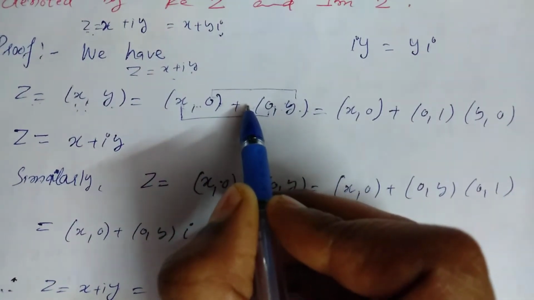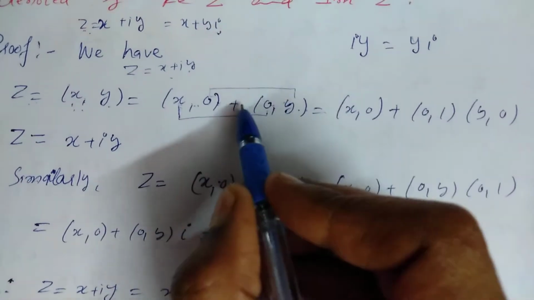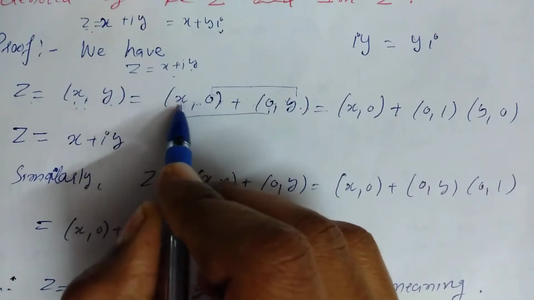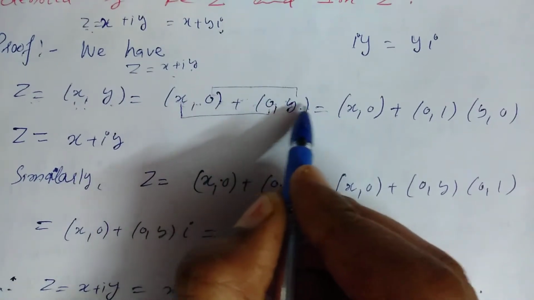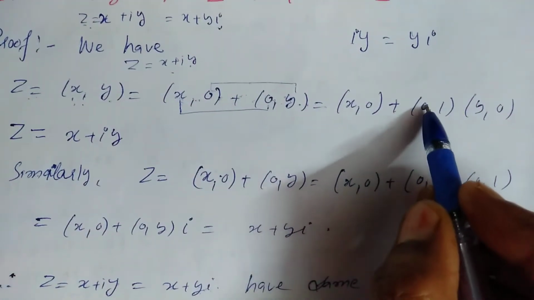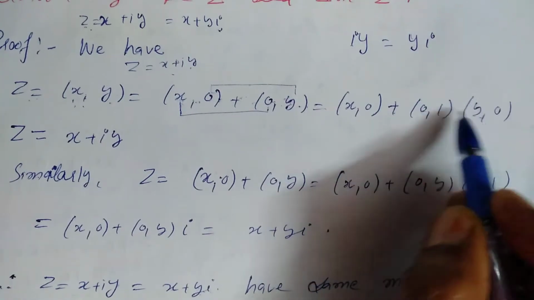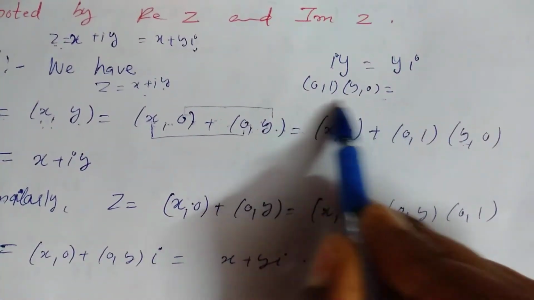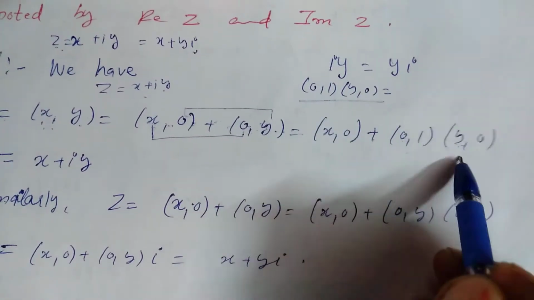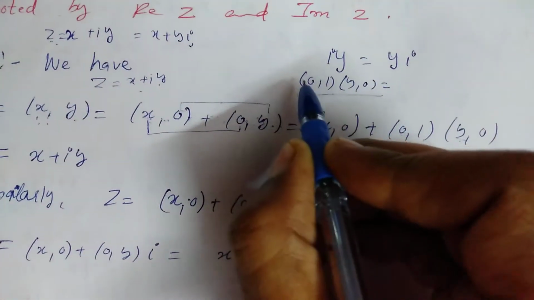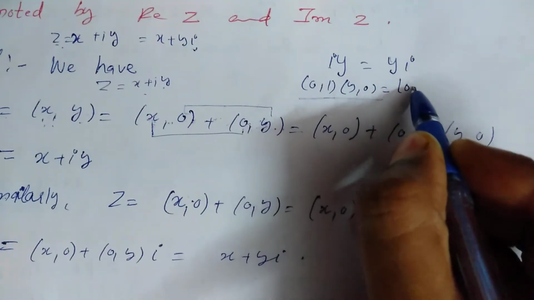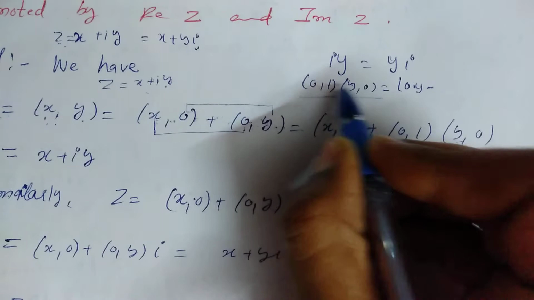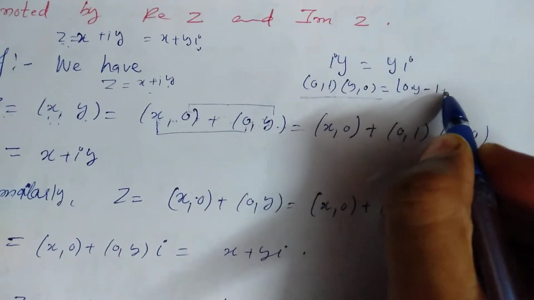So we are writing here 1 in addition. Okay? So (x, y) is (x, 0) plus (0, y). We may also write it as (0, 1) times (y, 0), because multiplication of these two will give us (0, y). How do we multiply these two? What is the multiplication of these if we perform? Multiplication was x1 into x2 minus y1 into y2, 1 into 0.